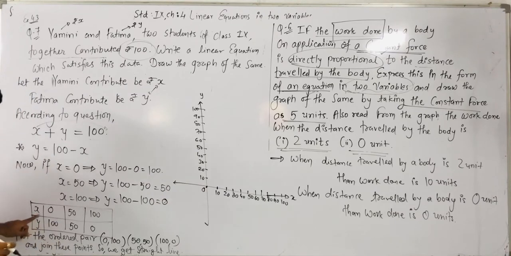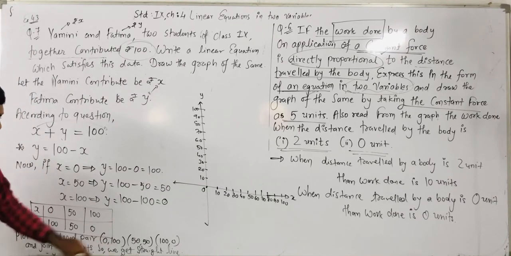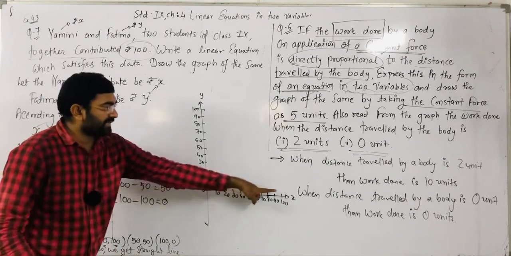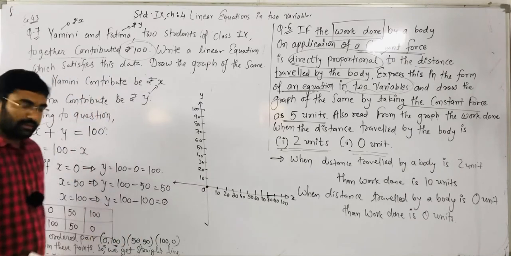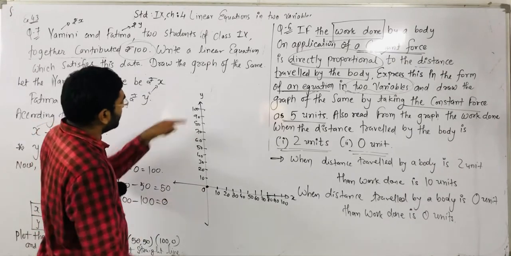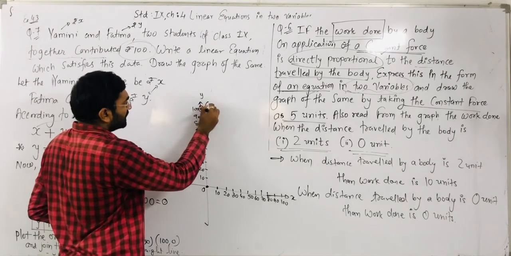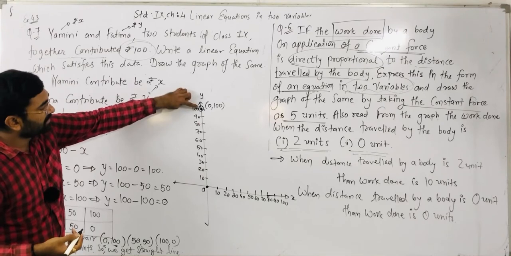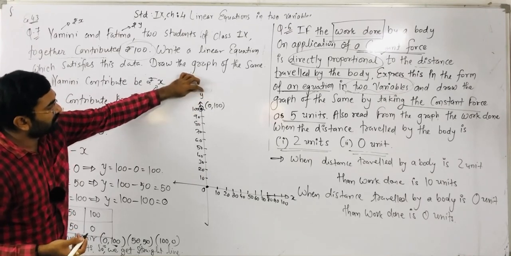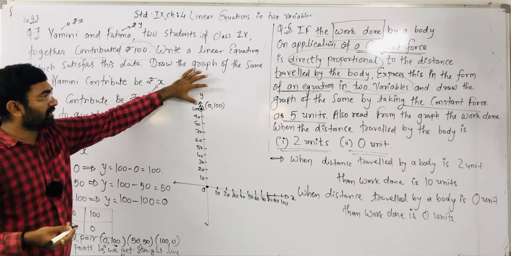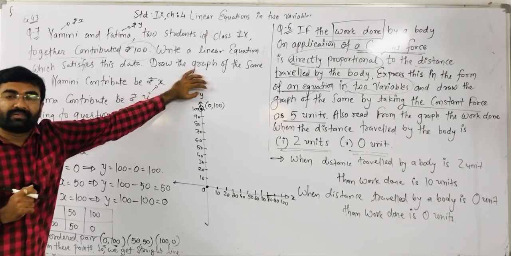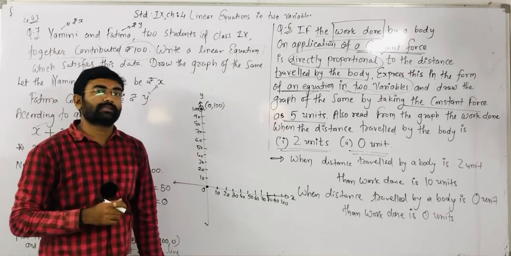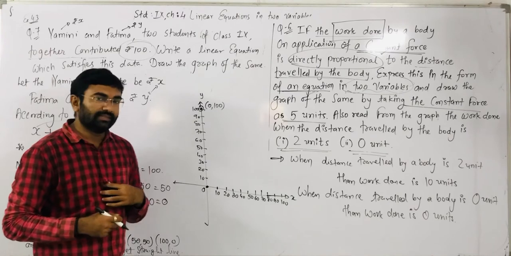Right? Now we have to plot the first point. First point is 0, 100. So x coordinate value is 0, y coordinate is 100. So on the x-axis 0 we get here. Right? And on the y-axis 100 we get here. So that point is 0, 100, which we get here. On the x-axis 0 is here, so a perpendicular line is there. On the y-axis the y coordinate value is 100. That thing we already learned in chapter number 3. In chapter number 3, the point 0, 100 always lies on the y-axis, because the x coordinate is given as 0, right?